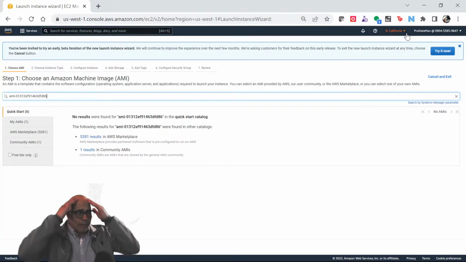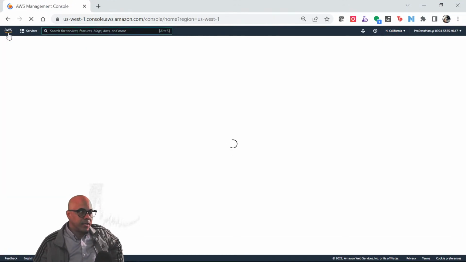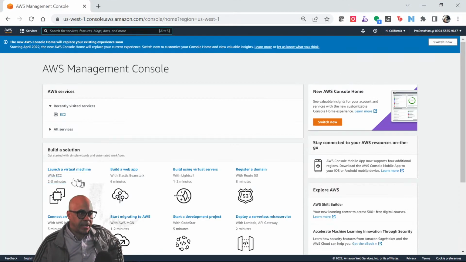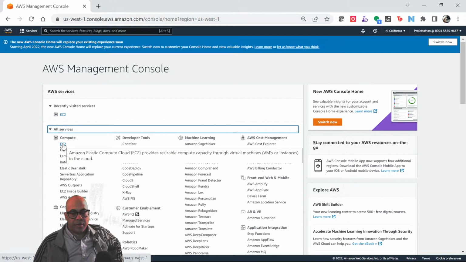So from the top, what you'll need to do is go into AWS, and whatever landing page you end on, what we're looking for is EC2. We could go to all services, and this would be the all services list. We're looking for EC2 right here, top of the compute list.